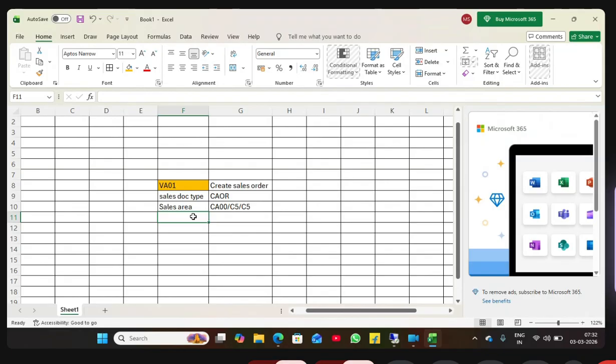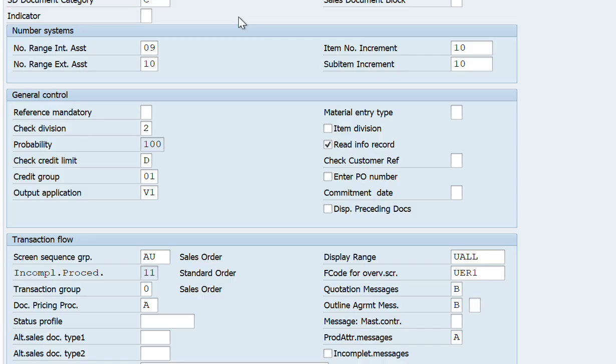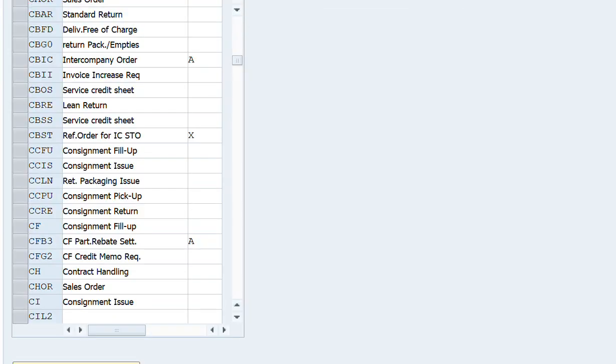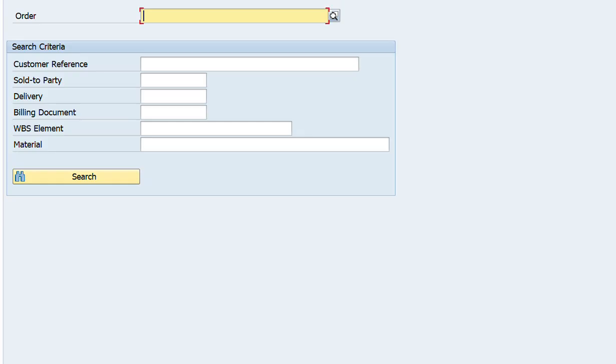So what I'm trying to say: any country, Sony India, they are going to use the sales area related to India, IN00. If Sony Singapore, they are going to use the Singapore code. Sony Malaysia, they are going to use the Malaysia code. That's why enterprise structures are different. Okay. So if they have their business in 100 countries, 100 enterprise structures are there in real time.